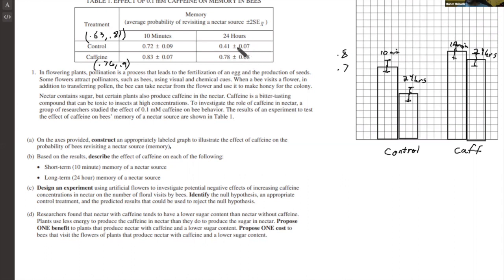Those bars don't overlap whatsoever. In fact, they're very far apart. So perfect. A and B are the first two questions there. Next,